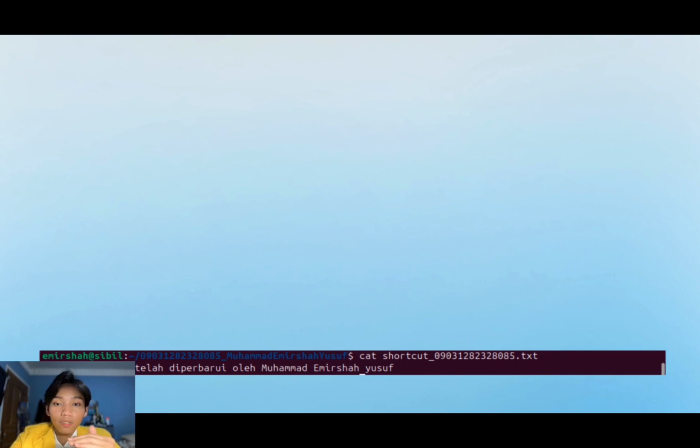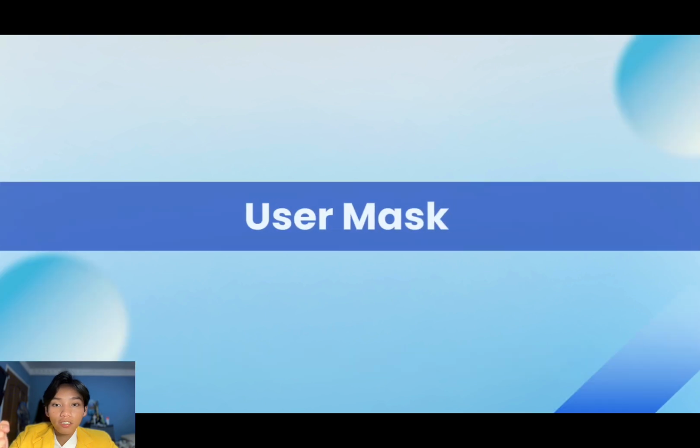And this is how the script works, because Linux handles symbolic links dynamically. Touch creates an empty file, and then echo writes content, and ln -s creates a shortcut pointing to the original file. Since a symbolic link references the source file, any updates to the reference file are immediately reflected in the shortcut, ensuring seamless access without duplication.